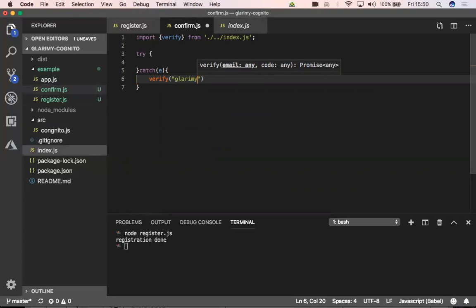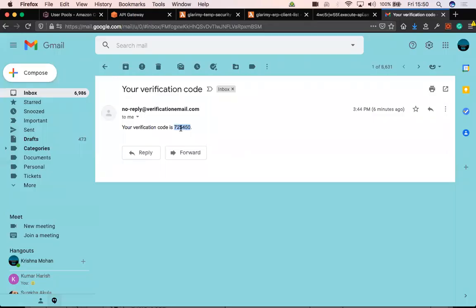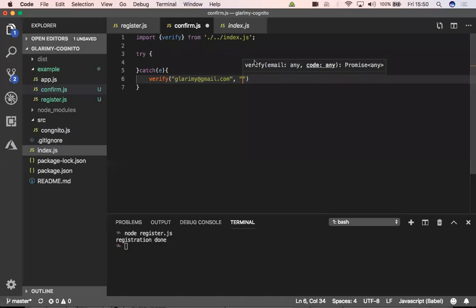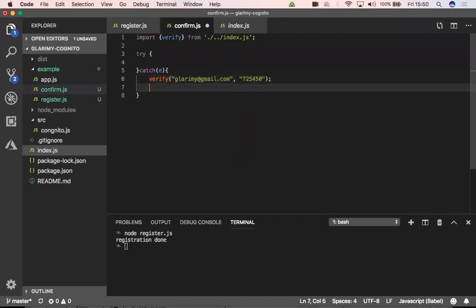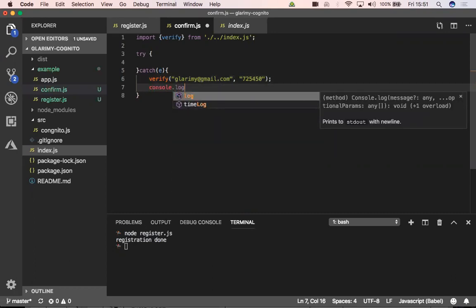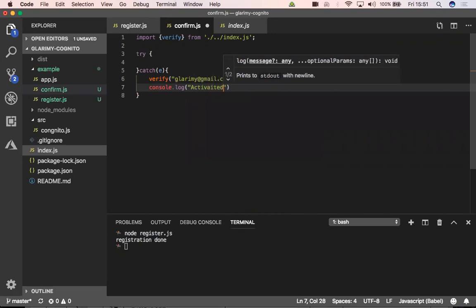So the email is glarimai@gmail.com, and code number is this one. All right. If there is no error, it is verified. Maybe we can say activated.